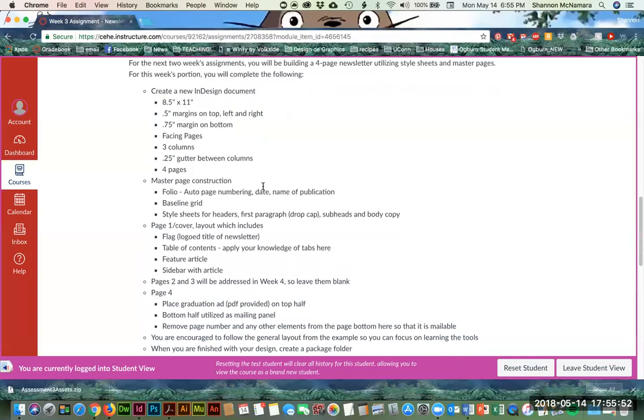On the master page, we're going to have a folio, which is the number down at the bottom, which you see page 1, page 2, page 3, that's a folio. And we're going to set it to auto page number. And then we're also going to put in the date and the name of the publication. We're going to have a baseline grid set up. And then we're going to use style sheets for our headers, first paragraph with the drop cap, subheaders, and body